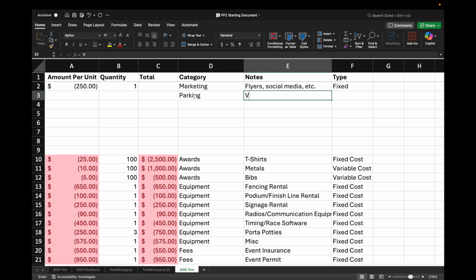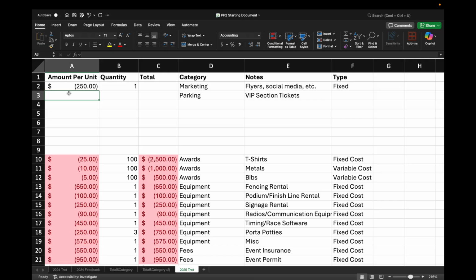Parking, VIP section. Tickets. And let's say that we have 40 parking spots available near the course, and we're going to sell those for an extra $20. Don't put parentheses because this is a revenue source.